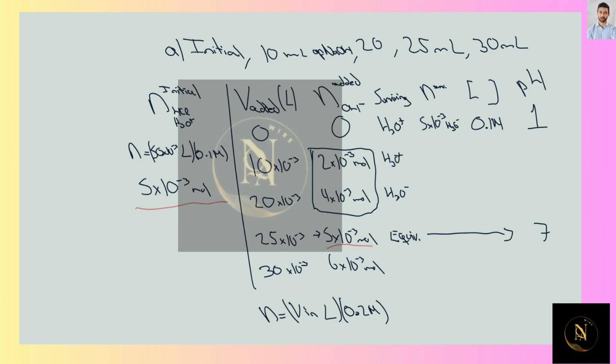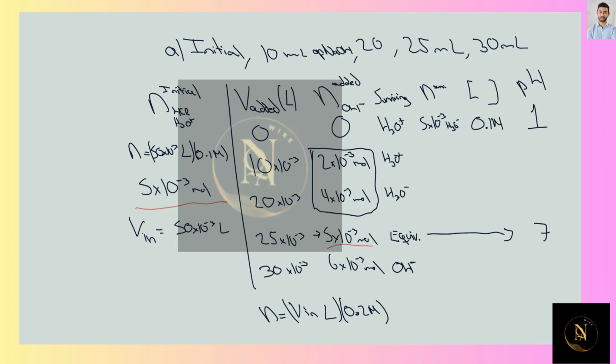And after the equivalence point, the surviving species is going to be the excess of OH- that we have added to the solution. The other information that we need is my initial volume is 50 milliliters or 50 times 10 to the minus 3 liters. Okay. So for the first case,